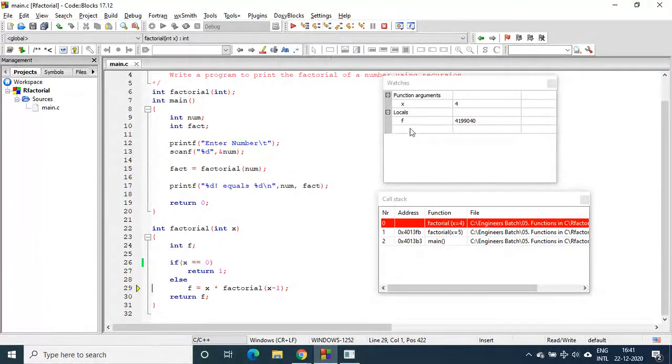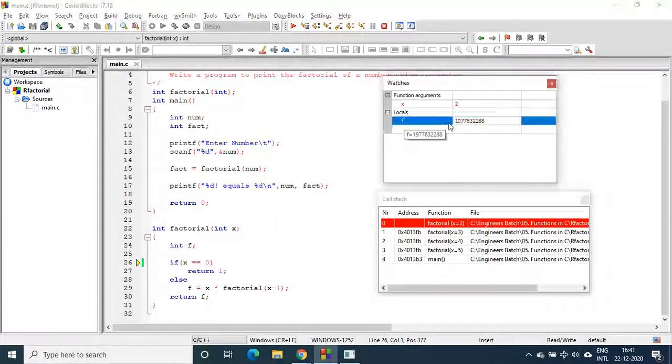So observe carefully both these windows at the same time. I will go on pressing step into each time. Each time the value of f in each function is different because it is a junk value. This is yet to be executed. x is equal to 2, right?